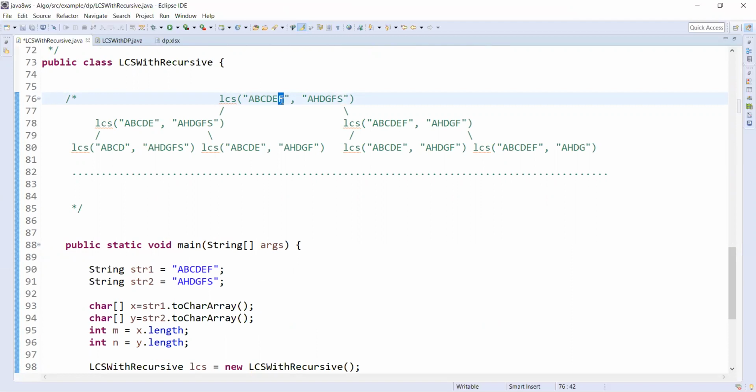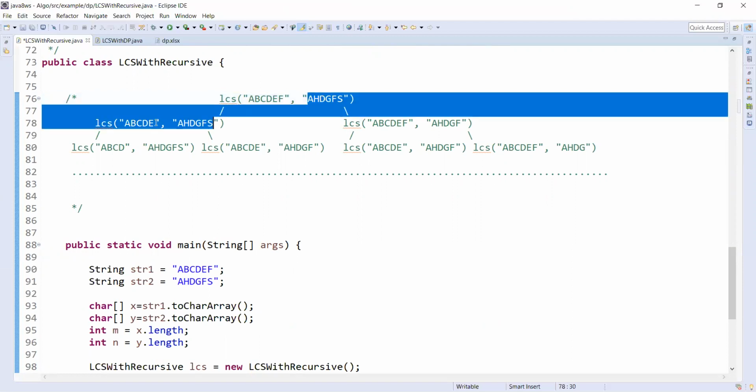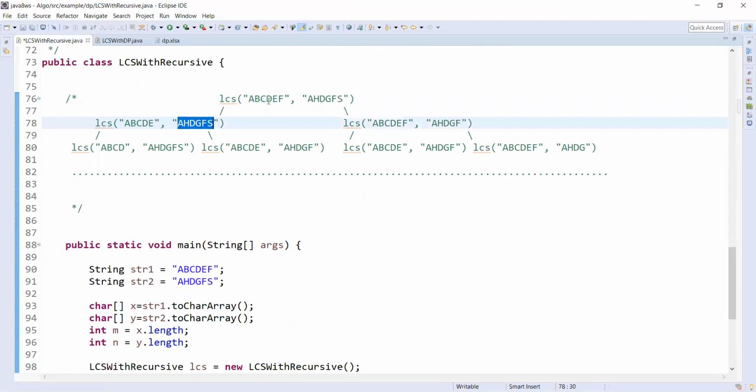So that means, as I mentioned, I need to take the whole string from the right side, and the string before that, by ignoring the last character, ABCDE.